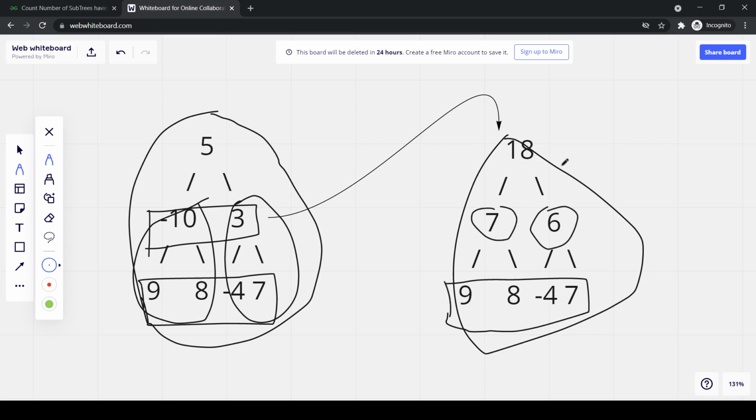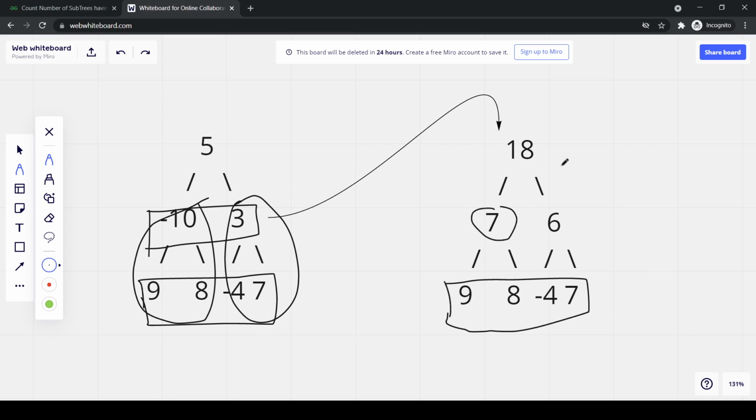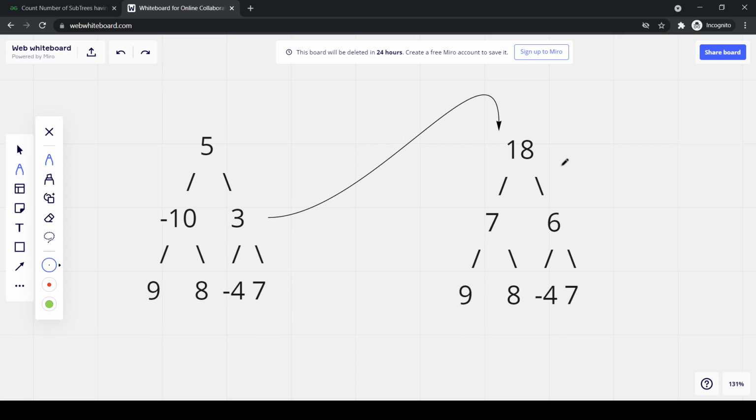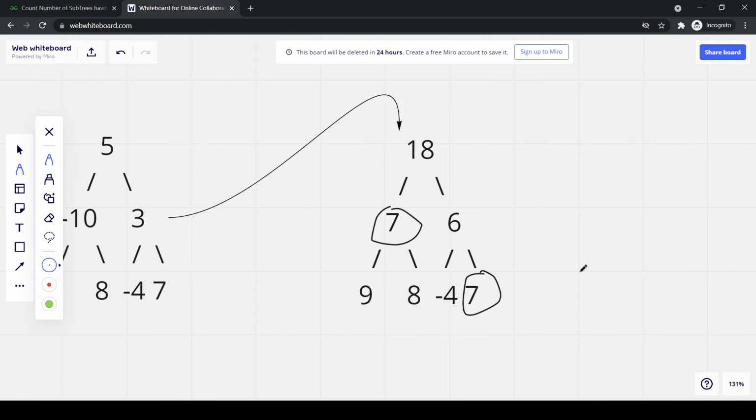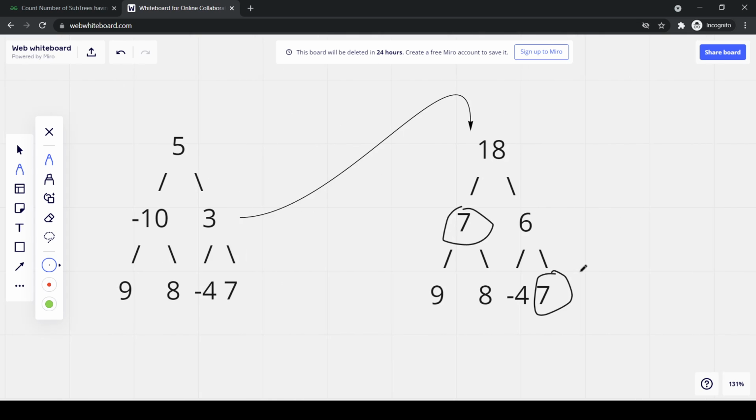Now we just have to find how many subtrees have the sum equal to 7 in this example. We have only two nodes with sum equal to 7, right? Simple. So let's code it.